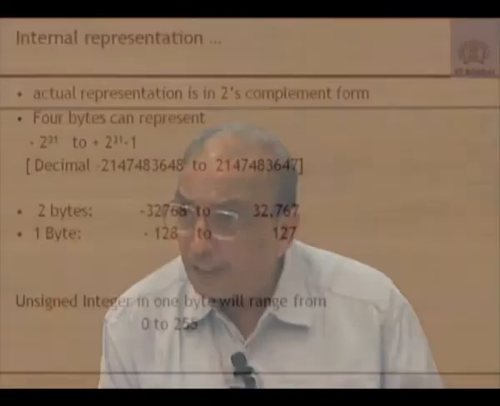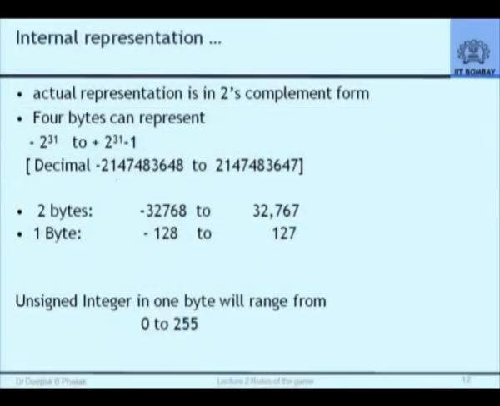However, when that extra value which was lost earlier is restored, I will get the complete range of values from minus 2 to the power 31 to 2 to the power 31 minus 1. How it does, we are not discussing, and we are not bothered. We will just note these. Even this is not relevant. You see, minus 2 to the power 31 and 2 to the power 31 minus 1, there is hardly much difference. Okay?